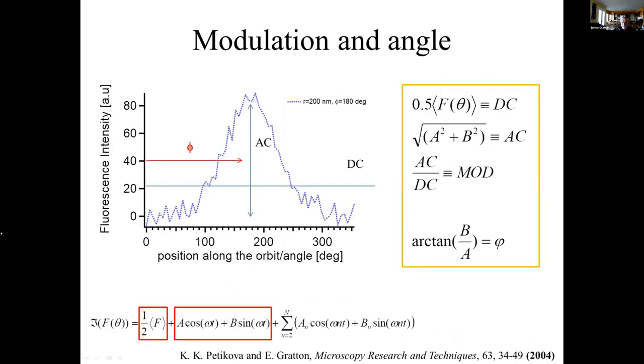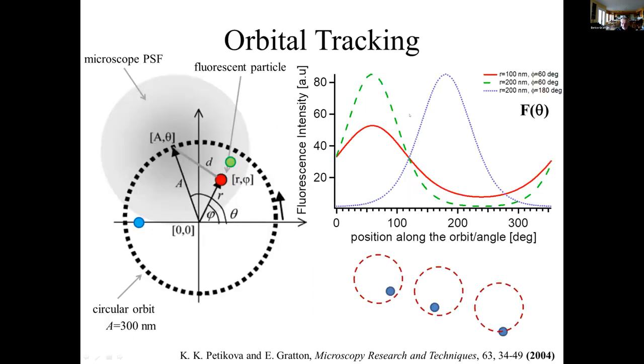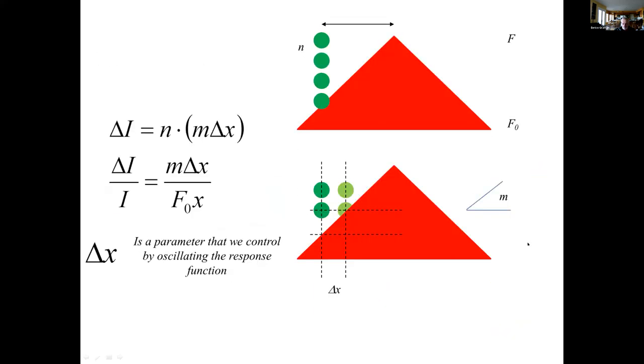So first of all, this is a real track. So we have 360 degrees on the orbit, and then we have a phase, which will be whatever, 190 degrees, something like that. So from the phase, we can determine the maximum position of the particle. And the AC, which means the ratio between the alternate part, with respect